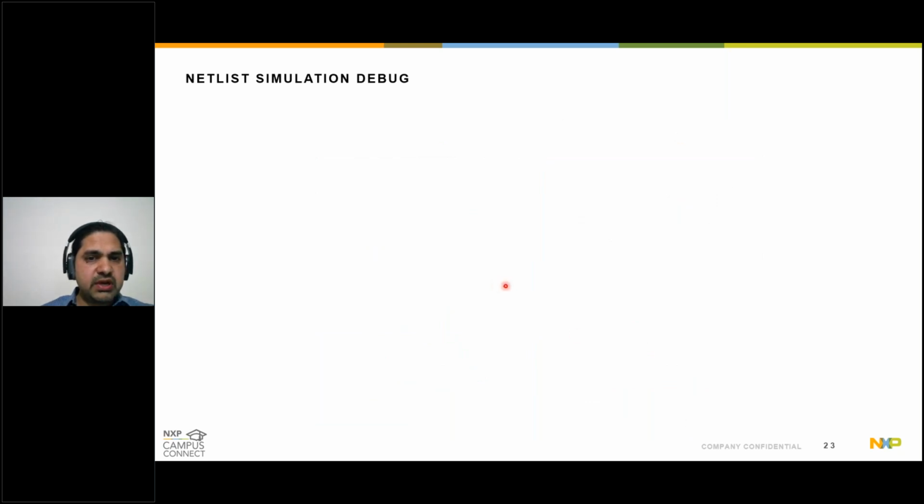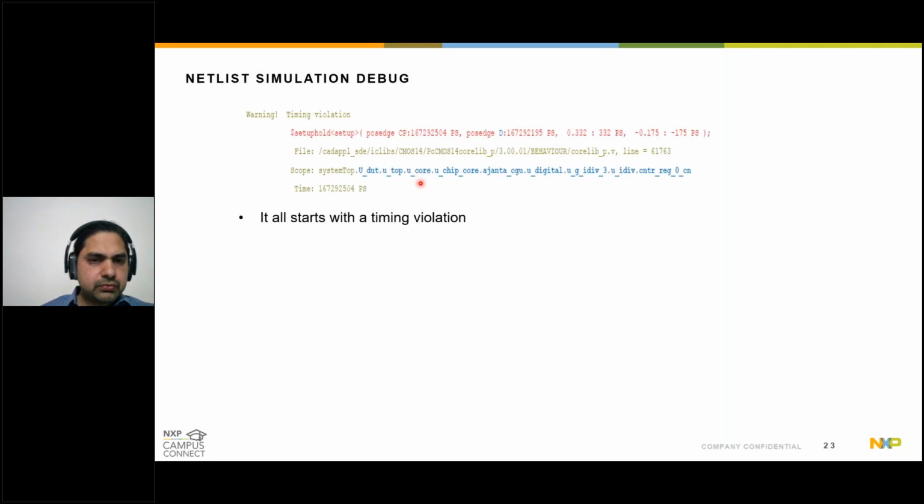And glitch related issues are not the only kind we can catch during gate simulations. Rather than just talk on the kind of issues you can catch, let me show you what issue we caught during gate level simulations in one of our chips, and we will take you through a real life example. We noticed a timing violation with a particular test, and the timing violation stated that there was a setup violation on a particular flop. The flop path is shown here,